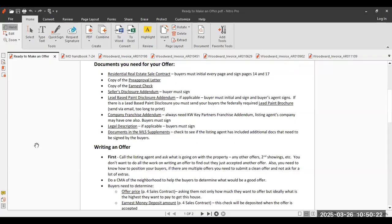Company franchise addendum, again, this needs to be updated. We no longer require the other party to the transaction to sign our affiliated business disclosure and franchise addendum, but the co-op company may require your buyer to sign it. So if there is one in the documents in MLS from RE/MAX or Realty Execs, or whatever other franchise company, then you need to pull that over and again, assign your buyer's name to that,